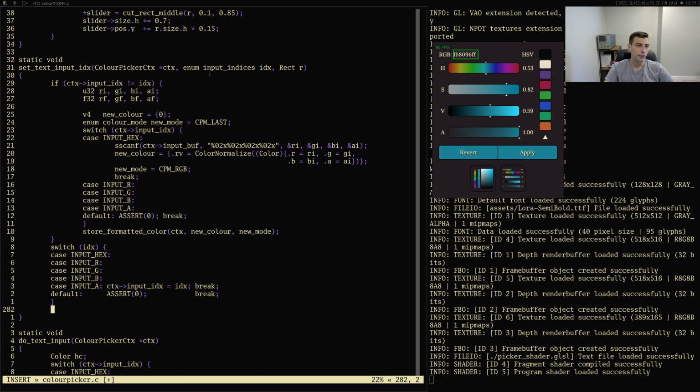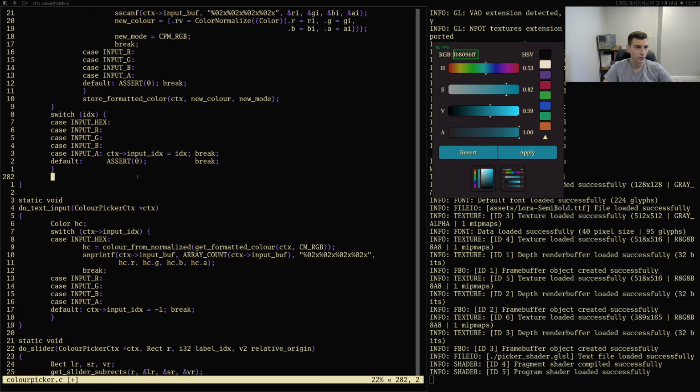So let's find... we're only going to do this when there was a collision. So we're going to assert